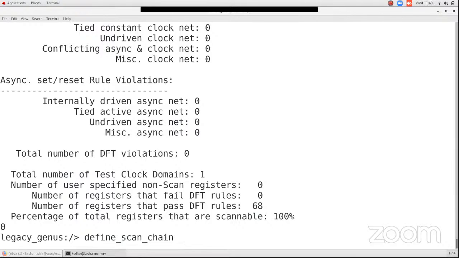Define the scan chain and the minimum number of scan chains. So defining the scan chain and defining the minimum number of scan chains in your design, so the design is divided into equal halves by using the DFT minimum number of scans. Set_attribute